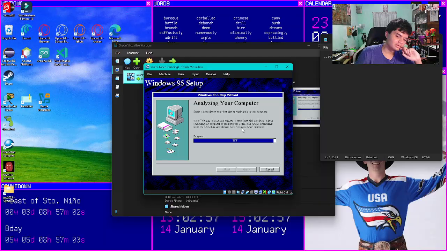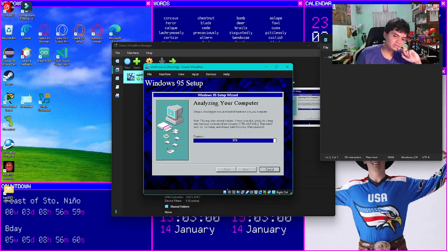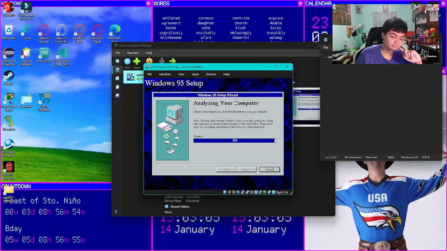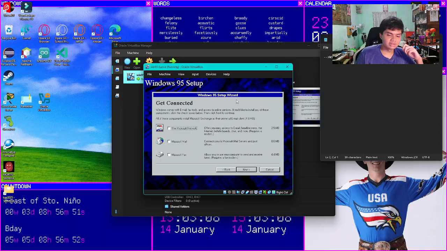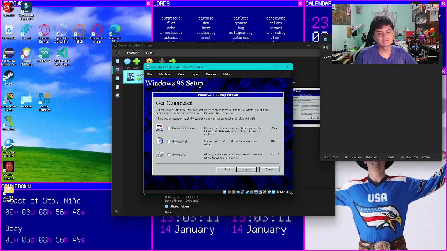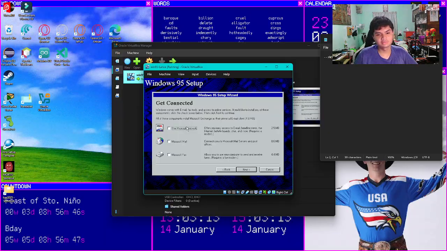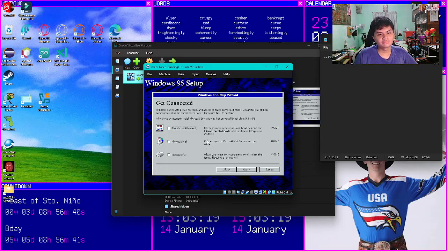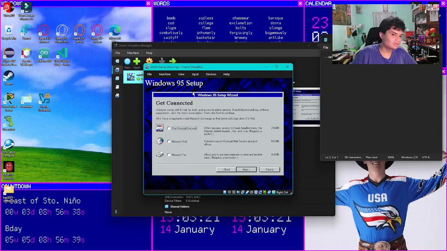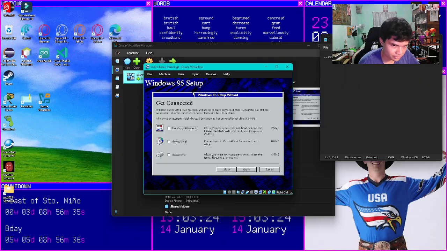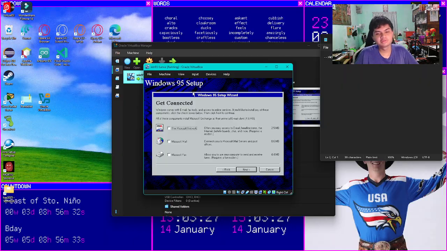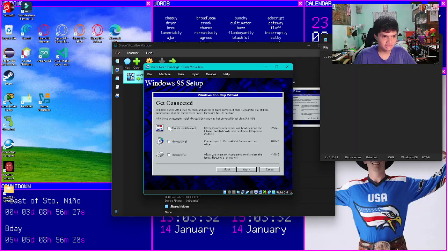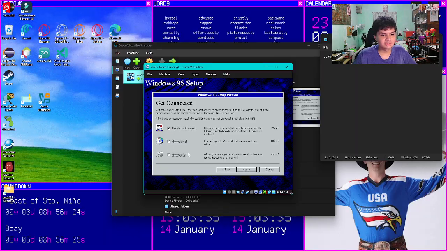So you can see the SATA icon. It's red because it's installed in the Windows. Now it's done, so we can now go to this add-on thing, the connection for Microsoft Network, Mail, and Fax. For logical reasons, you don't need those for the installation of Windows 95 in modern hardware or in modern times. But since this is a tutorial for the sake of science, we'll check this for now.